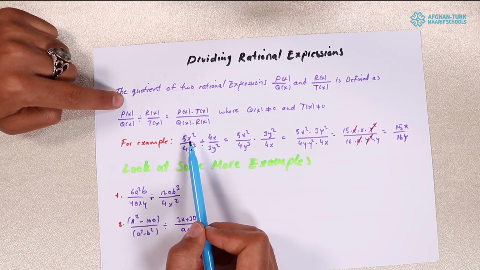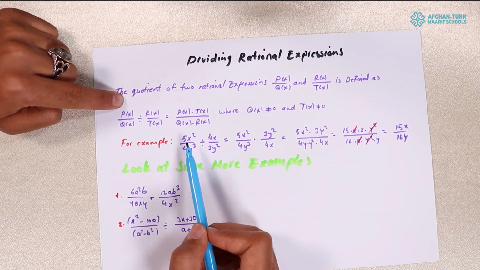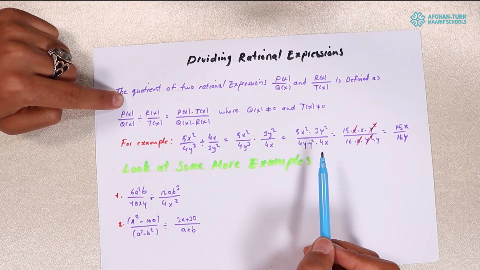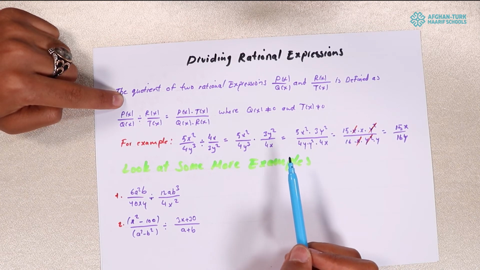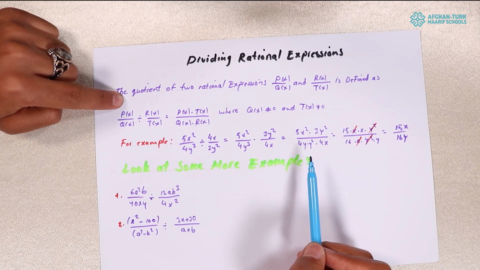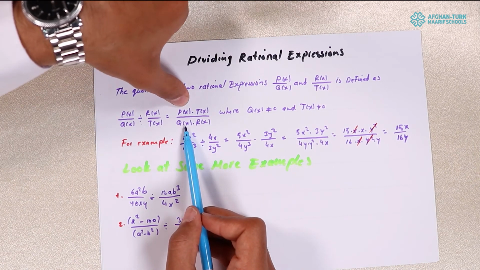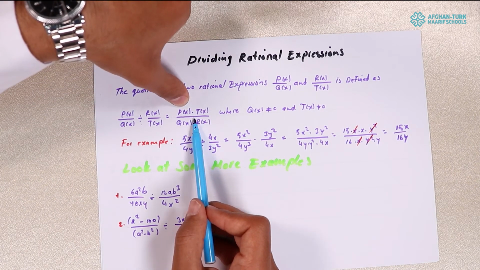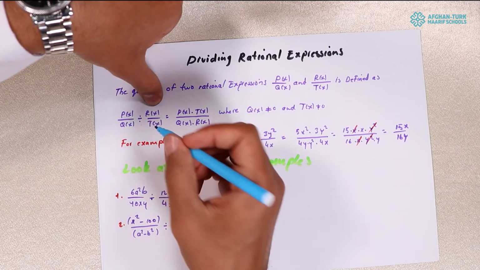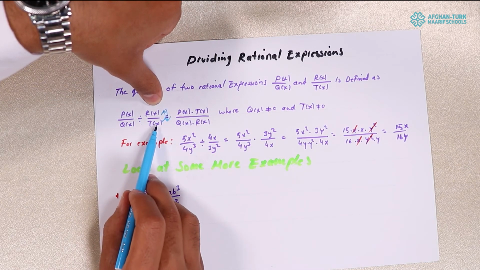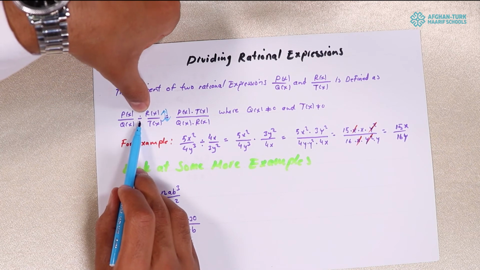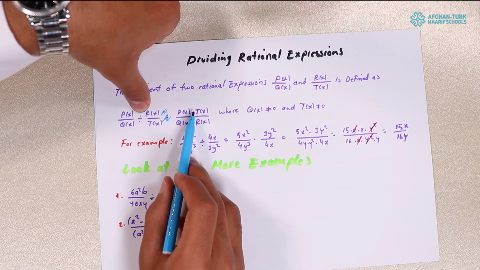This was like what? The division of algebraic expressions in what? In fractions. It means if there's 1 over 2 divided by 2 over 3, okay, the first fraction itself, we have to inverse the second fraction,